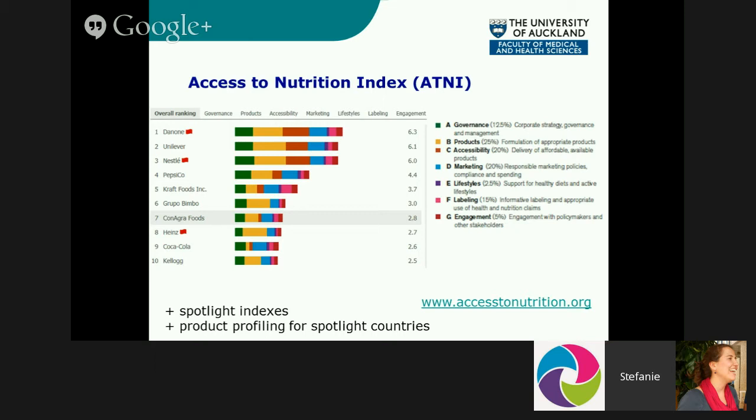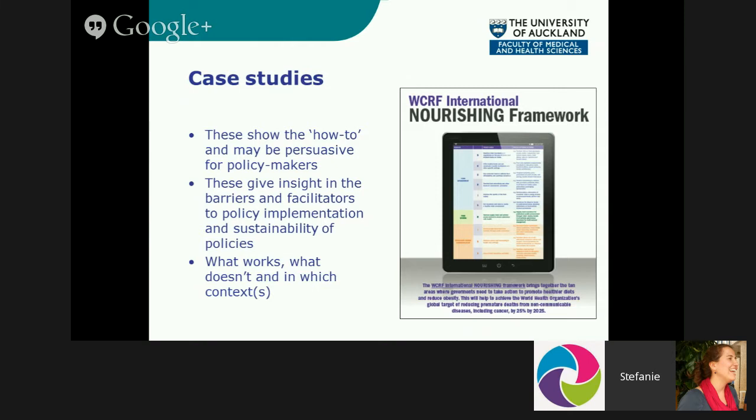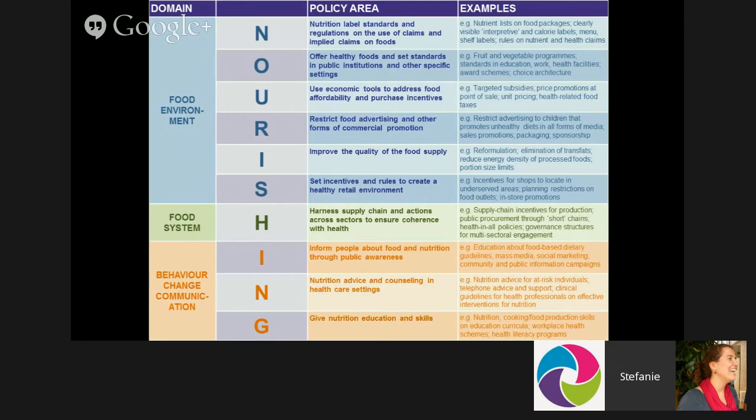So these are some examples of monitoring and benchmarking. What is important as well is to really look at case studies from around the world. So what is happening around the world, which policies are implemented where, what works and what doesn't, and why. Mainly, case studies are important to give insight also into barriers and facilitators to policy implementation and the sustainability of nutrition policies. So a great tool developed by the Cancer Research Fund is the NOURISHING Framework, which has mainly been